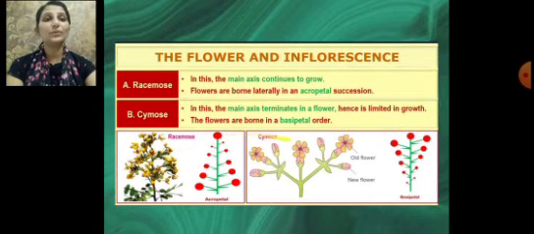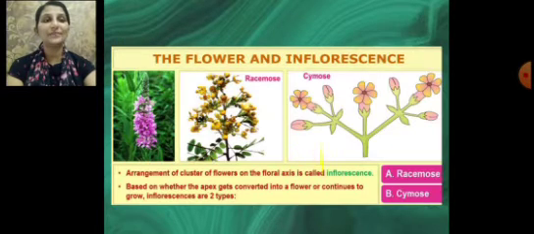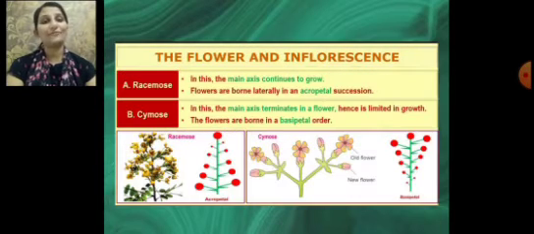And the flowers are grown in a basipetal order. Basipetal order means the older ones are at the tip and the younger ones at the base. So we can see the older ones at the tip and the younger ones at the base. This is called the cymose inflorescence, in which the main axis terminates into a flower and it is